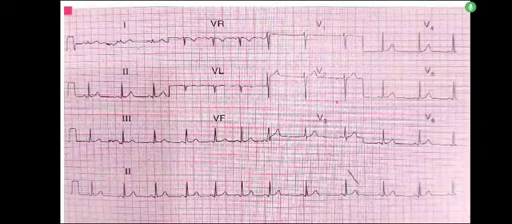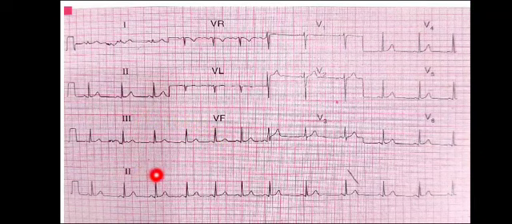Welcome everyone. In the first ECG, we have to look for the P wave. P wave is present in lead 2, so this is a sinus rhythm, and here you can see that they have also provided us with the rhythm strip. So this is a sinus rhythm, but if we concentrate on the strip 2, you can see that there are